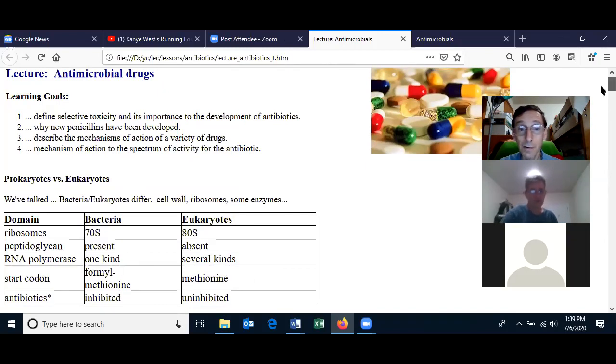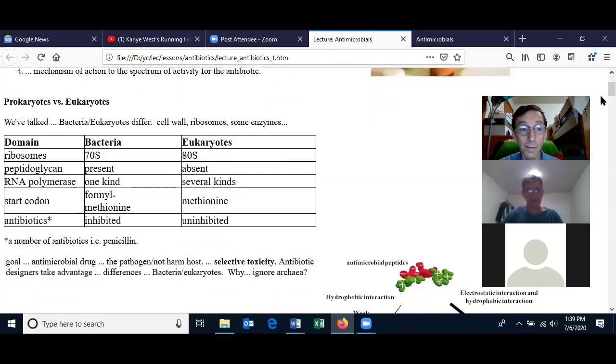And because there are differences, we've developed drugs which take advantage of these differences, and that causes selective toxicity where the bacteria cell is being killed or inhibited, and the eukaryote cells are left pretty much